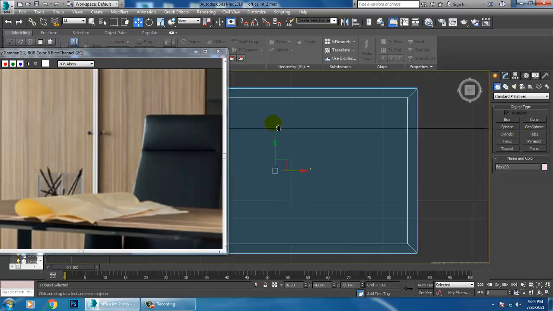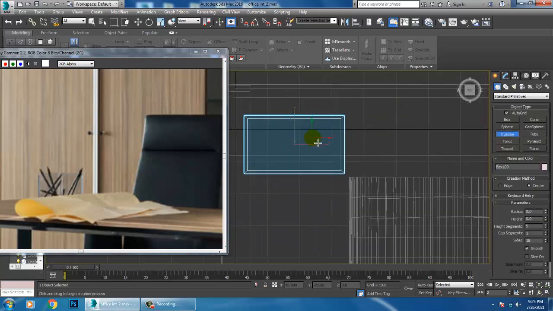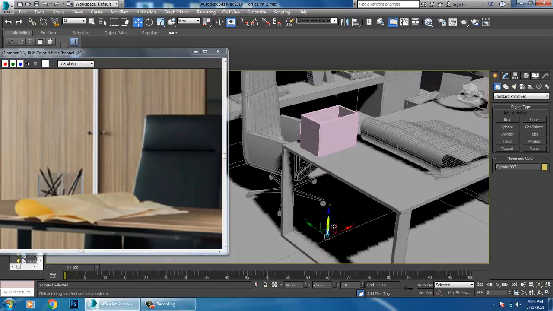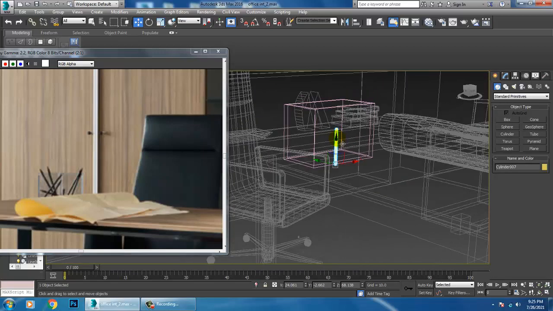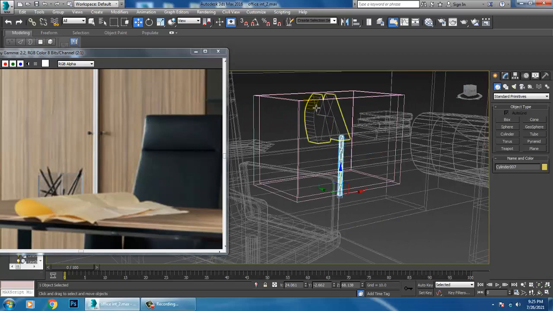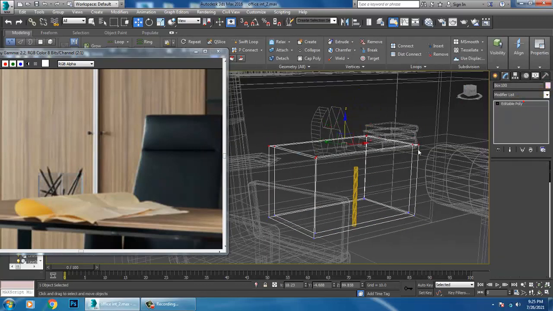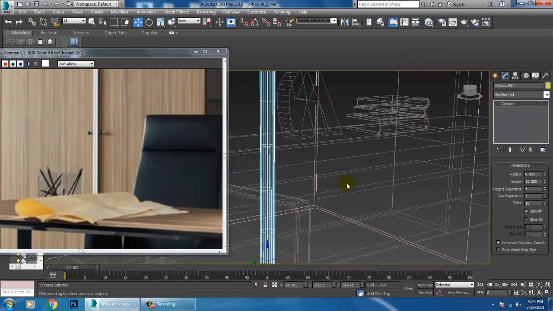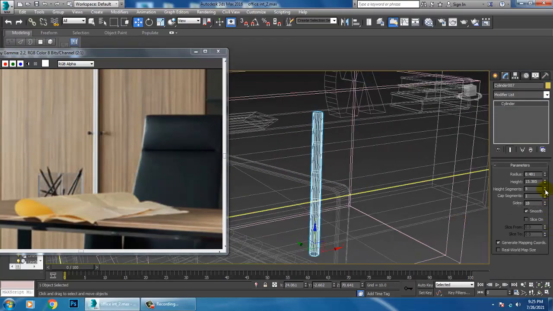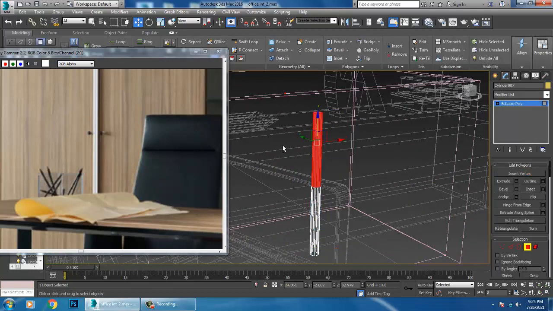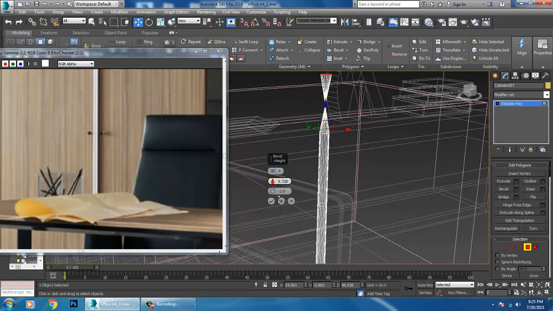Let's go to the top view, take a cylinder, and reduce its height segments, convert to editable poly, and give a bit of bevel over here.